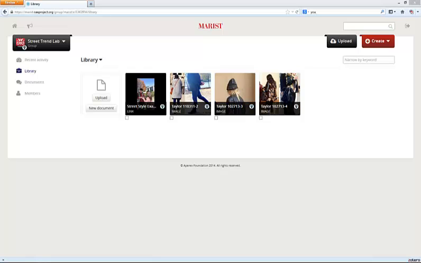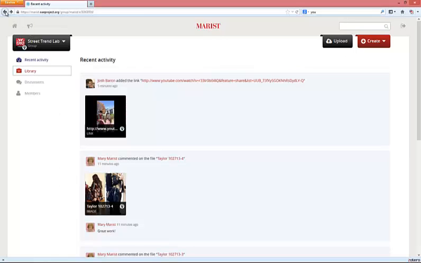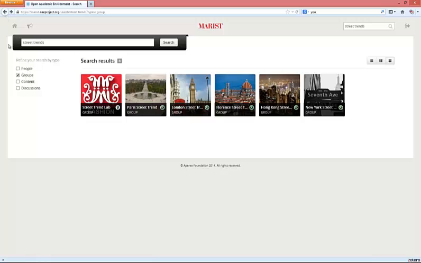Okay, so I'm going to wrap up here by illustrating this permeability feature of OAE that allows sharing of content not just within your institution or among individuals, but actually between institutions and between different tenants or instances of OAE. But before I do that, I just want to go back here to a couple of the other